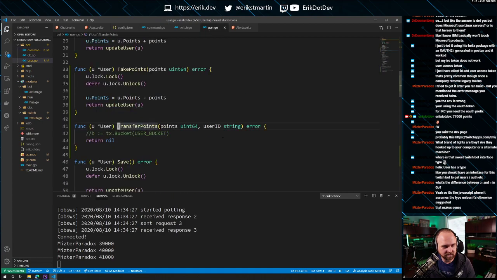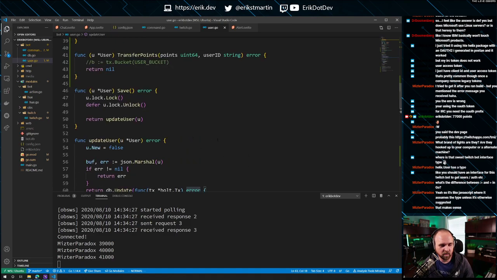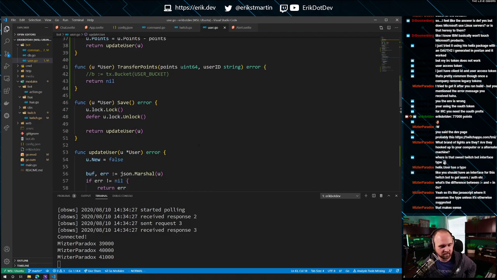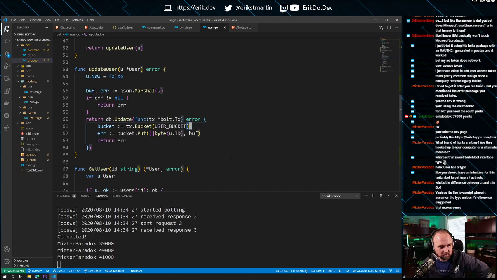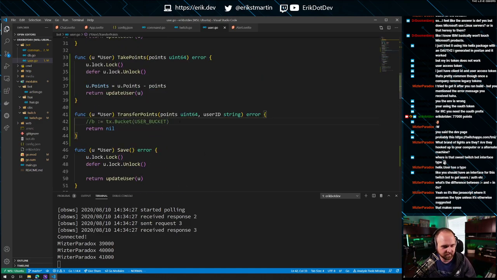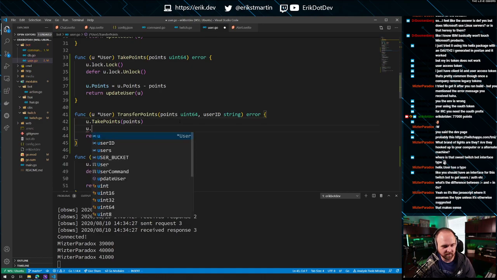And then this logic here can be pretty safe. But the one thing we do want to do is there's this update user logic here. You can see that it actually creates a transaction. So while we're using, so here's the thought. We could take this user and say take points, right? And then we could say user